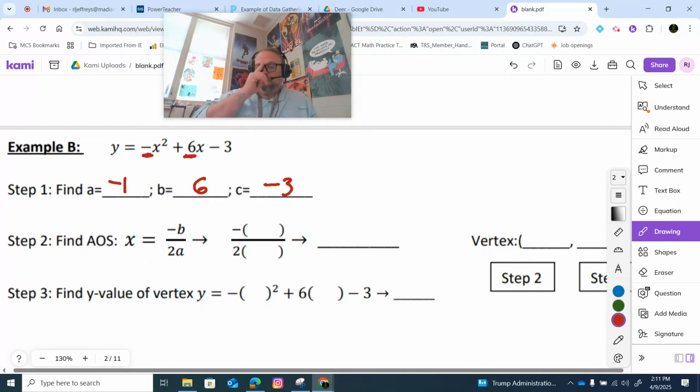All right. And then we're going to take this information and plug it in right here. Okay. So, n over d, negative parentheses 6, close it. Go down to,